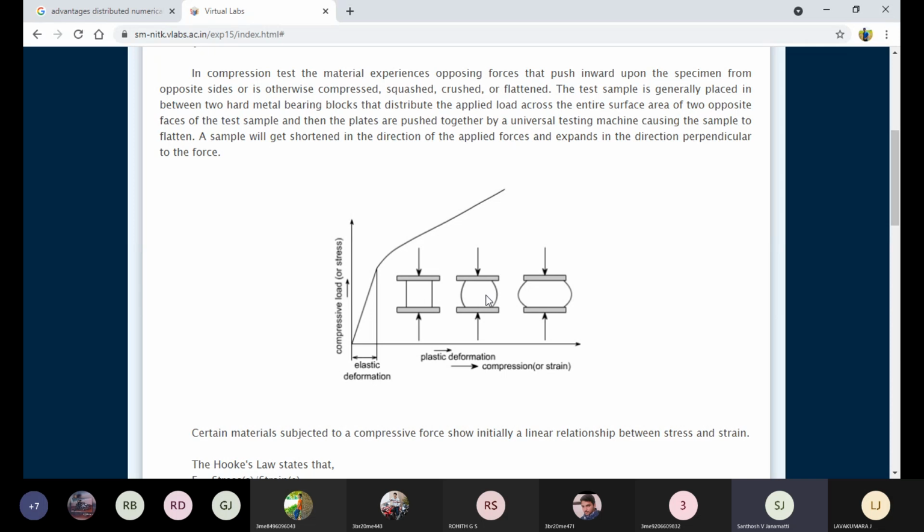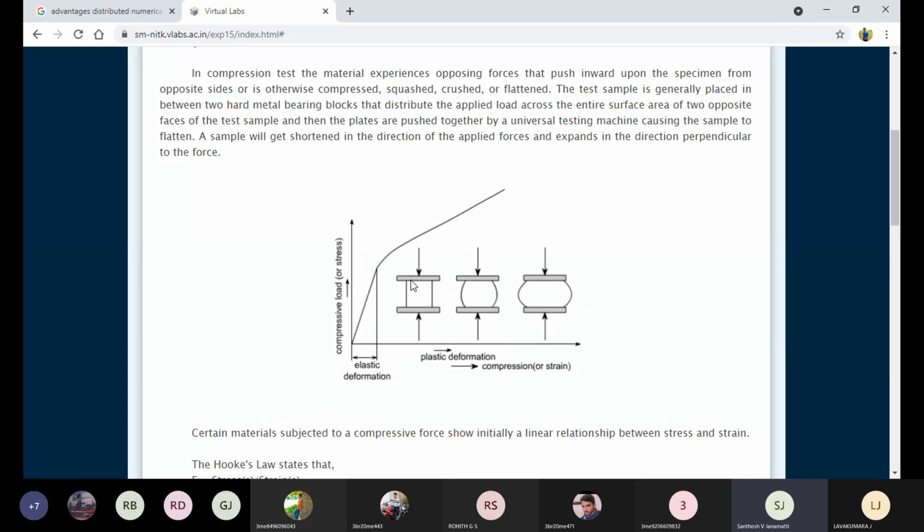Remember, this is a total reverse of the tensile test, because here the cross-sectional area increases as a result of the deformation that takes place in the material. The length of the sample will decrease, while the cross-sectional area of the sample increases and increases. Later there will be some cracks, but up to its ultimate capability the material will take the deformation. Initially, the material will not undergo deformation; it will absorb a larger amount of load.